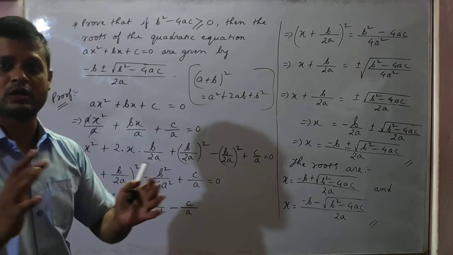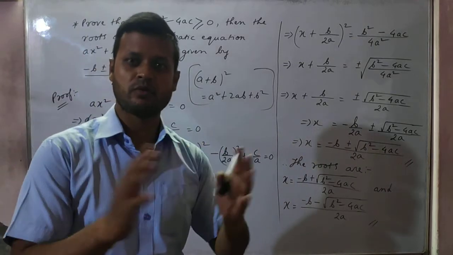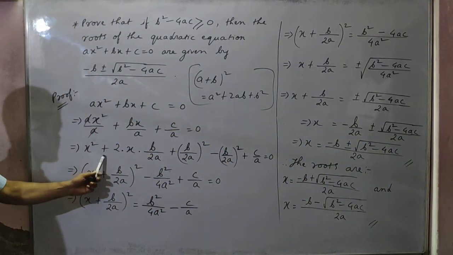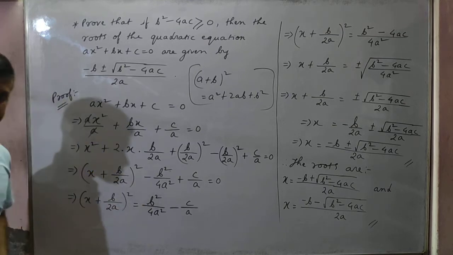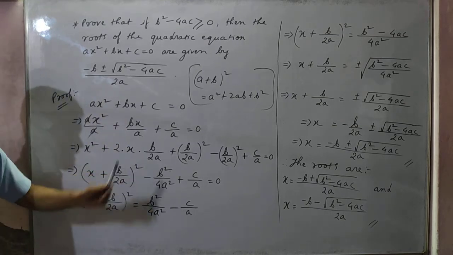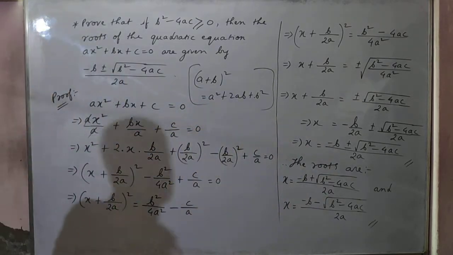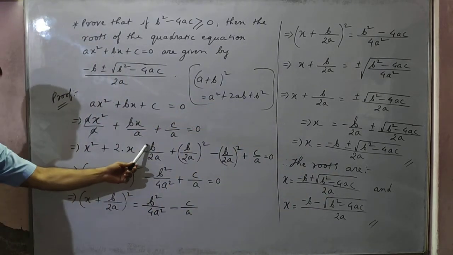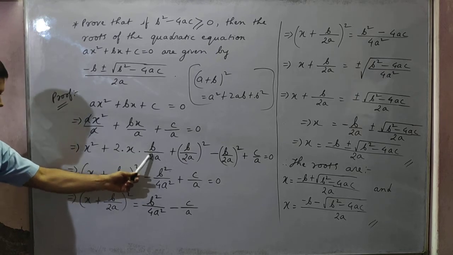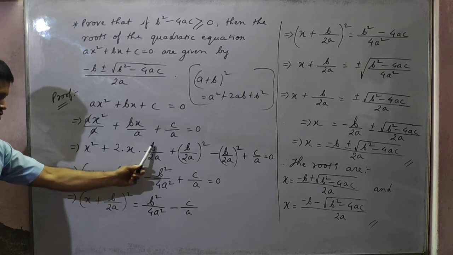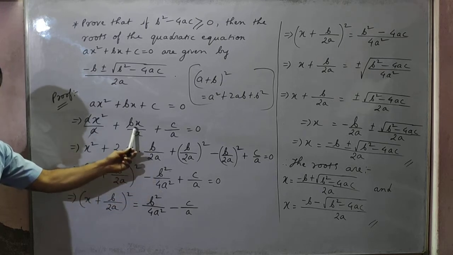So the a plus b whole square formula has first a square. We have to complete the square method, which means we have to make a whole square. So first a square is there, that means x square plus 2 into a into b, isn't it? What is the value of b, students? B by twice a, I wrote. Why b by twice a? Because this 2 and 2 will cancel. So what will I get? Bx by a.